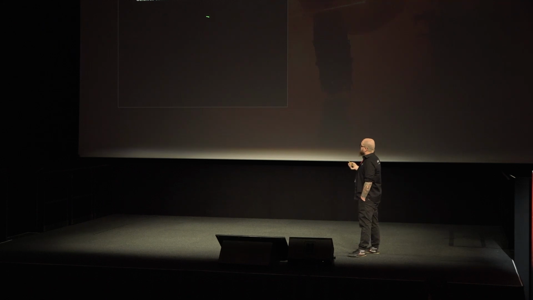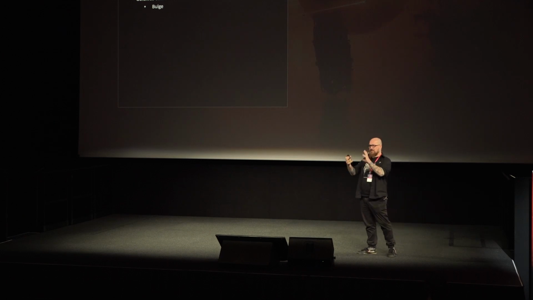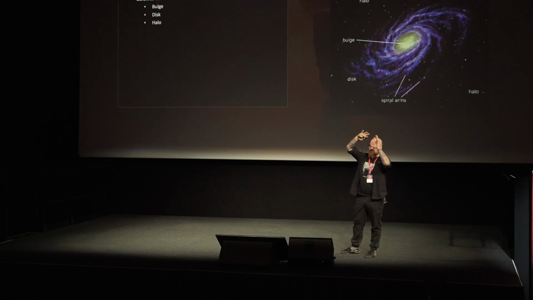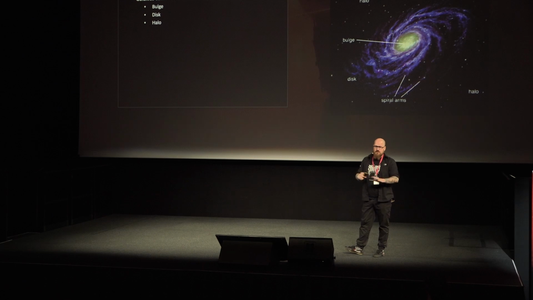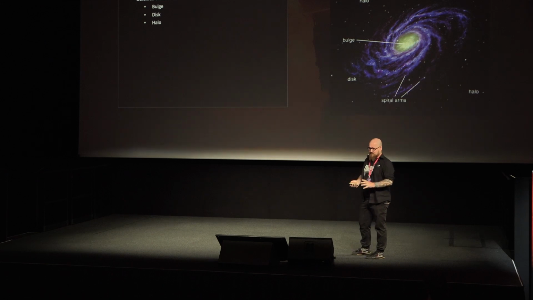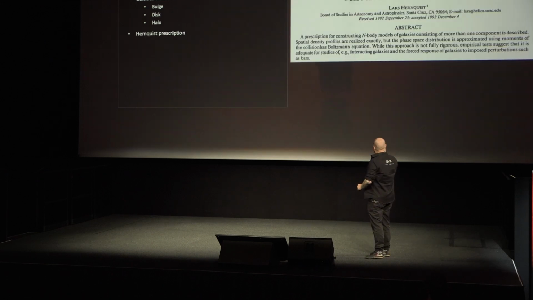And we know that galaxies consist of a handful of building blocks. There's the bulge, which is like the central, somewhat spherical thing that is around the central black hole. There's a disk, which is whatever spins around it. And then there's a halo. The halo is actually the dark matter halo, which is just like a sphere of dark matter that is around all the other matter. I'm not really going to go into what the dark matter means or does, but we need to have it such that the calculations work. If you don't agree with that, you have to go to another lecture.